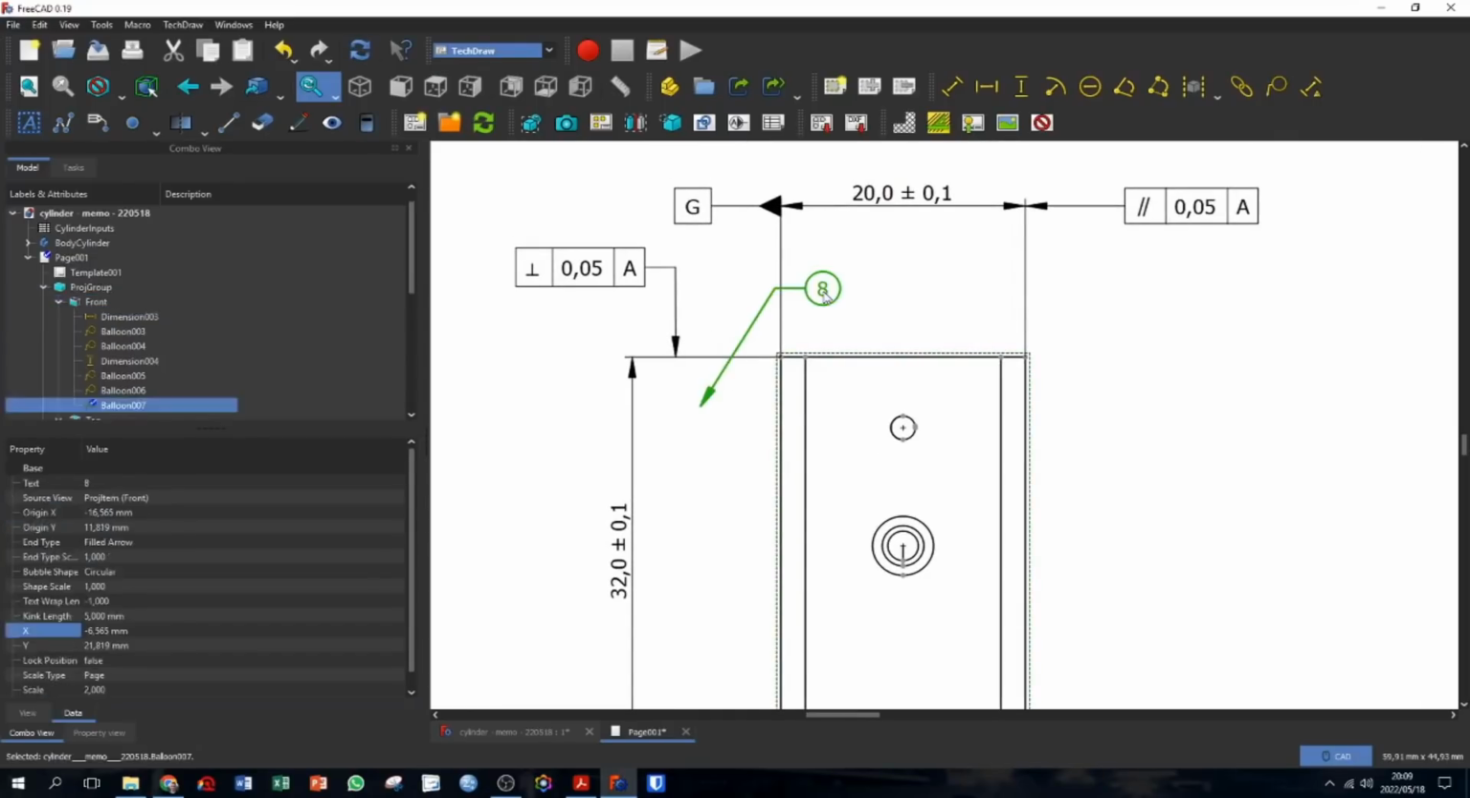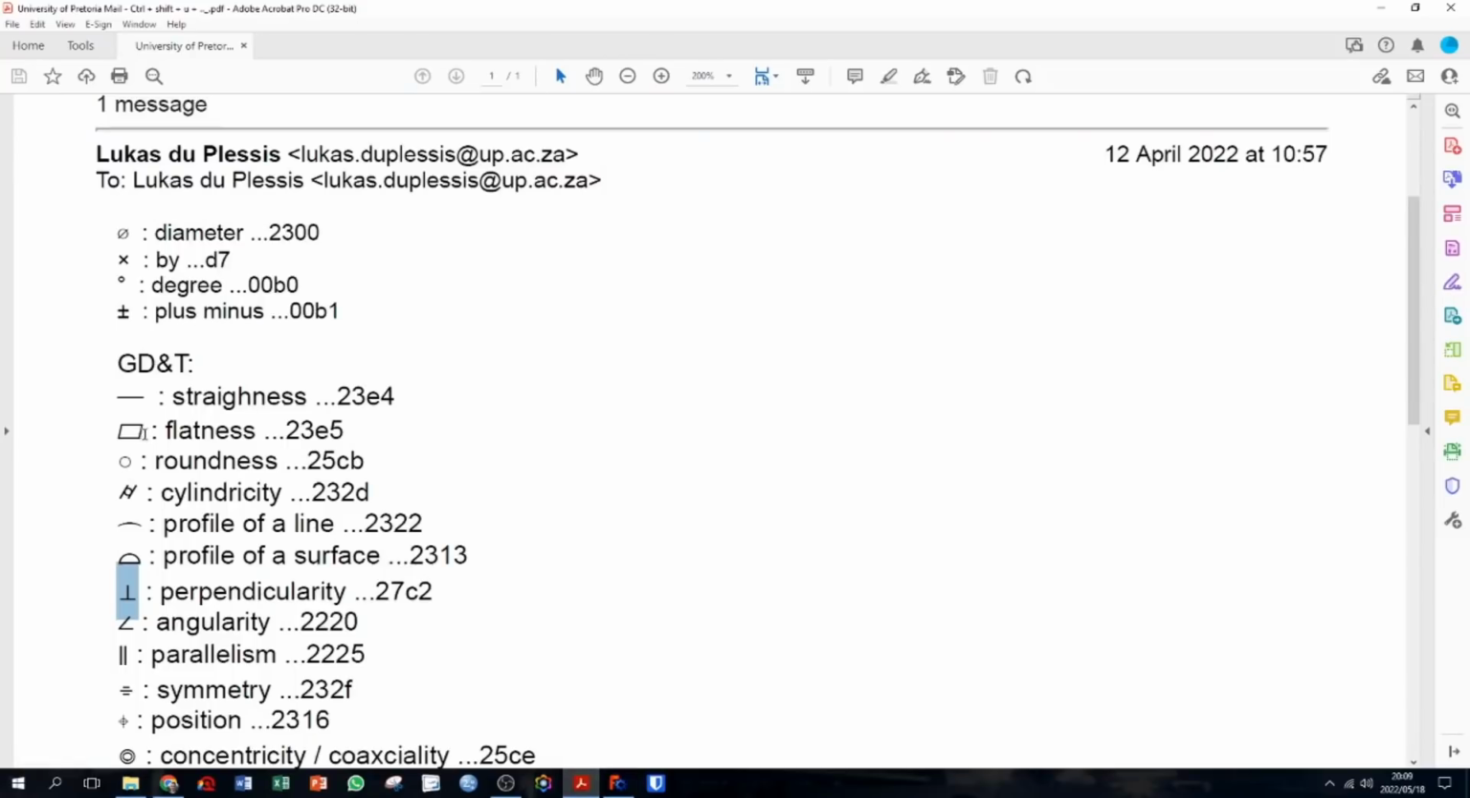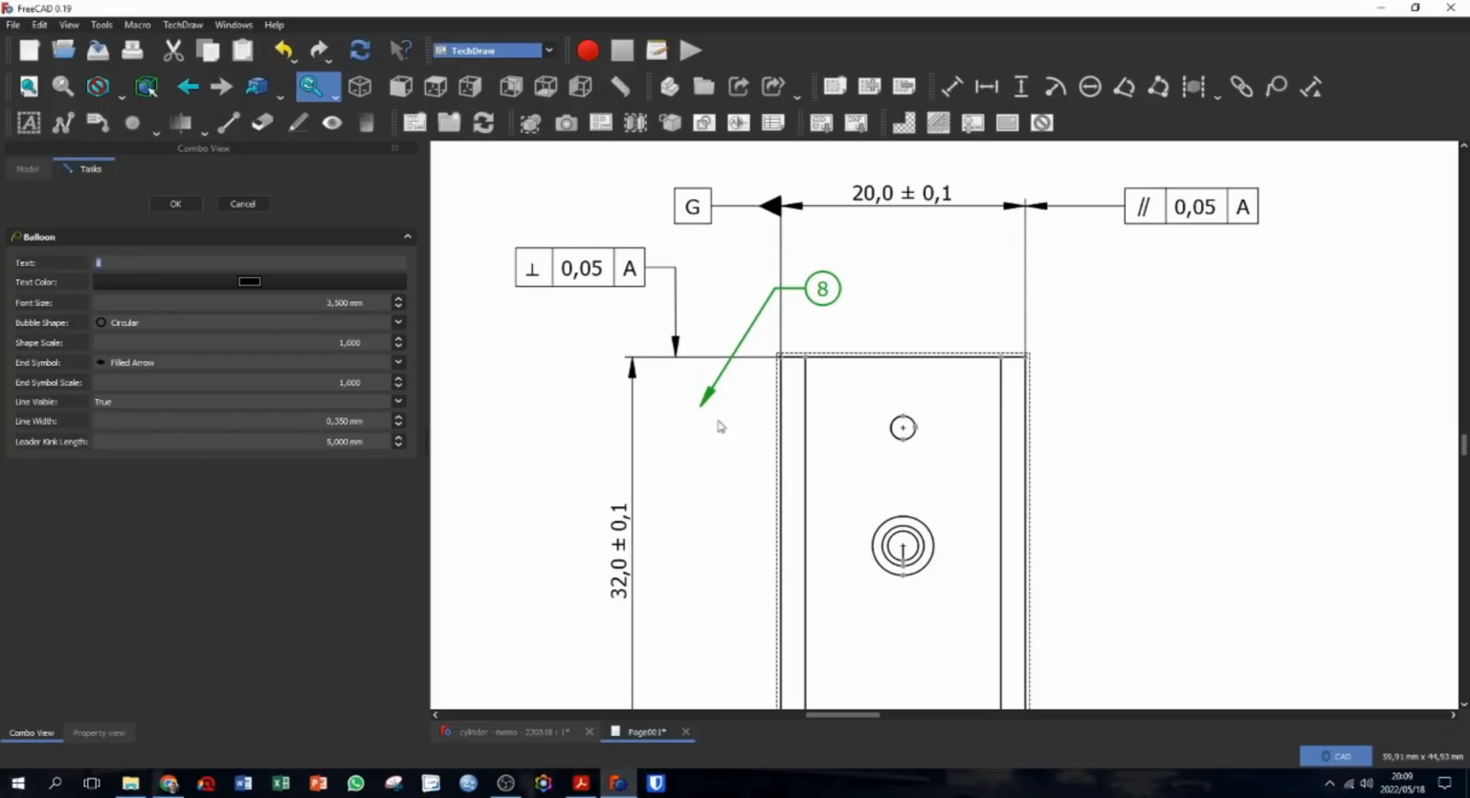Okay, there is our symbol. We want a flatness. Just be sure you select the right one. Control C. Go to FreeCAD, and here we say Control V. Shift backspace, 0,02. Shift backspace. Sorry, we don't need that backspace. Alright, so